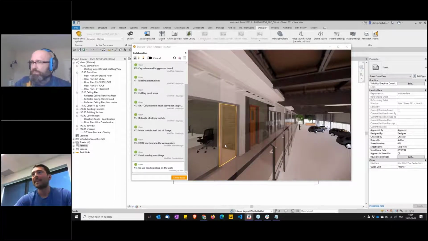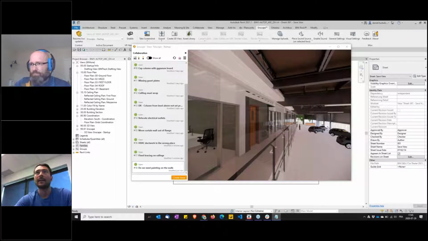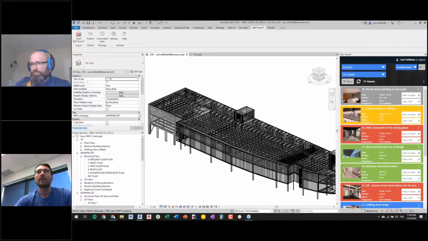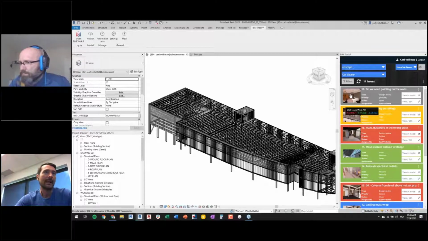Right. Perfect. Thanks, Dan. So from there, taking my role as an engineer, switching back to my screen here. I'll just try to take control, show my screen. Just gonna make sure I've got the right one. All right, so I'm inside the Revit environment. I've got my BIMTrack add-in displayed, and you can see that just refreshing the issue list here, I've got the 3 issues that were raised by the architect Daniel.